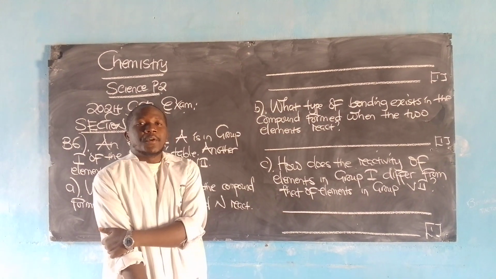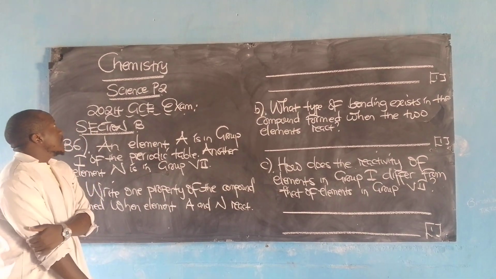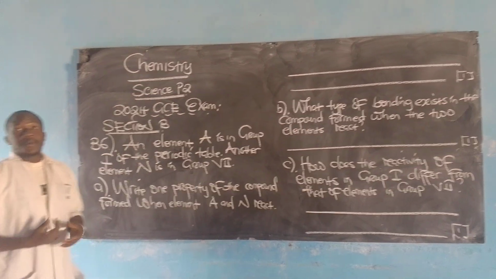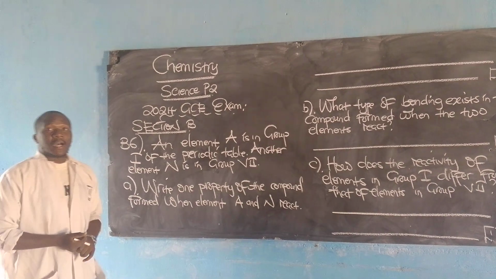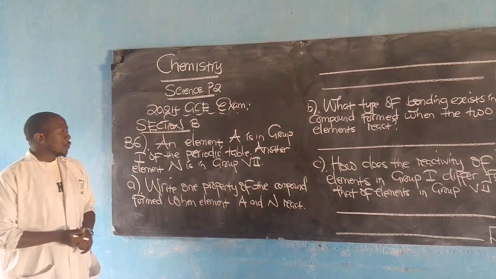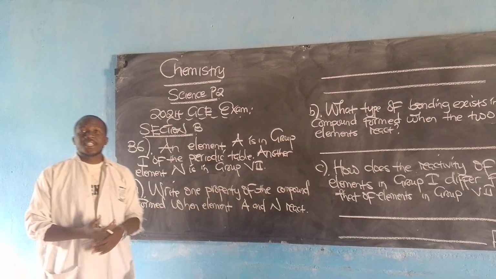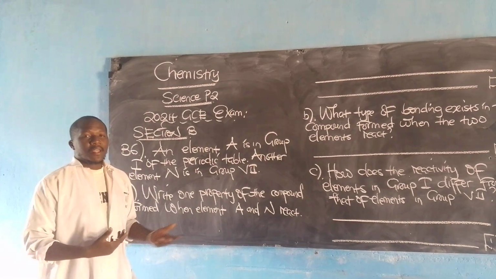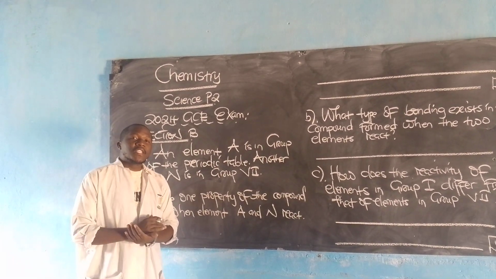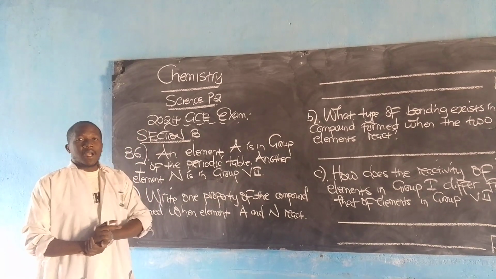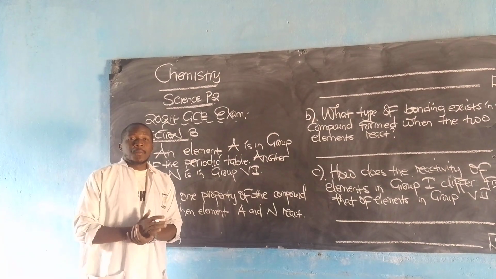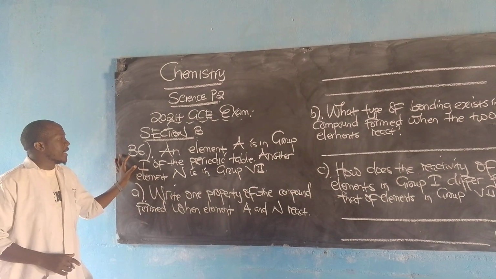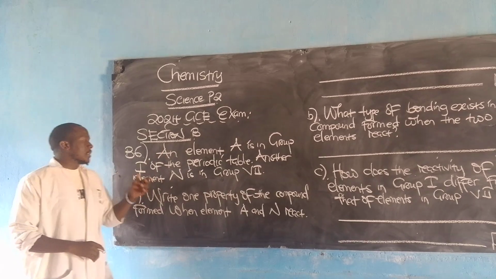And in today's brief tutorial, we're going to consider chemistry, which categorically is going to be science paper 2. We're going to use the 2024 GCE exam, section B focus, where we're going to use the concept of the periodic table as well as bonding collaboratively in order to express the concept and at least add on the advantage of the things that are already known by someone, either a fast or a slow learner, trying to prepare adequately for an exam. The question was on number 6, and it says an element A is in group 1 of